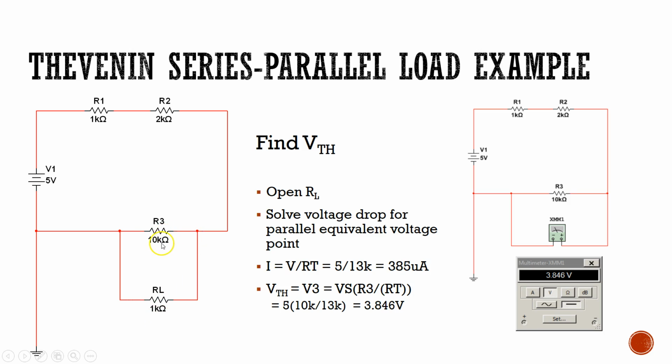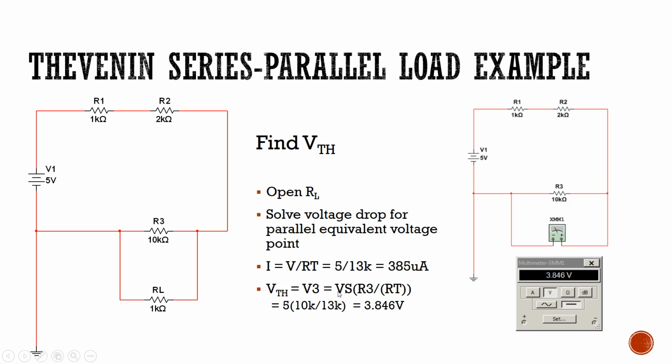And what voltage would it see? It would be the voltage that is dropped across R3. So we can use I equals V over RT. Here we have 5 volts and a total of 13K, which gives me 385 microamps. And then to find the Thevenin voltage, which is the equivalent of V3, we can use the voltage divider rule,